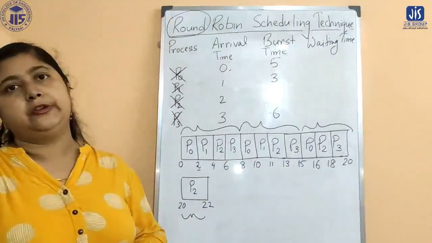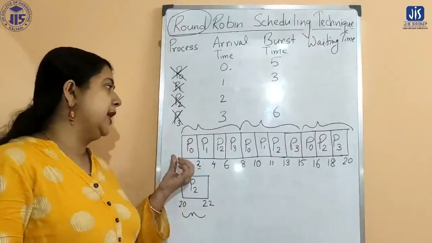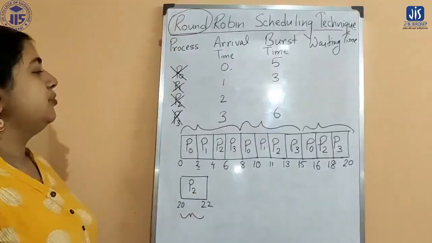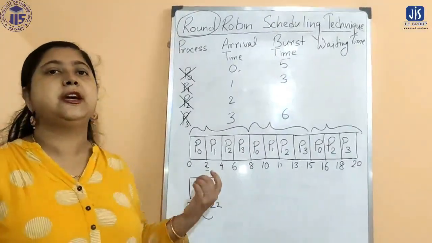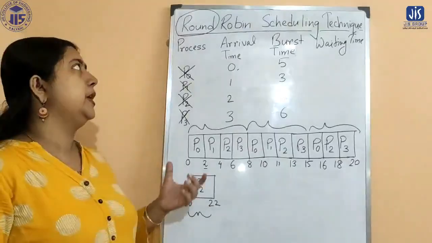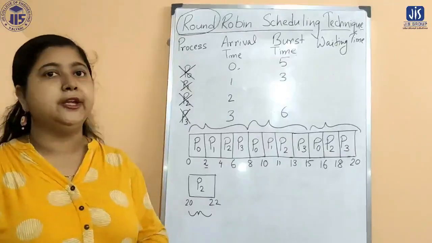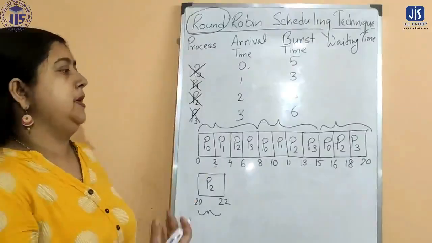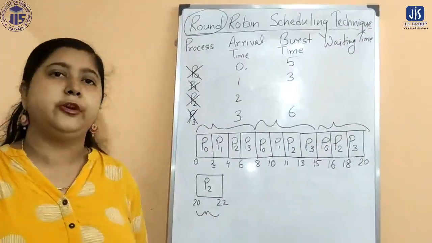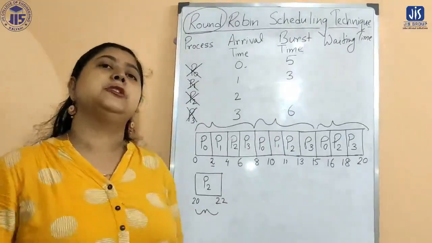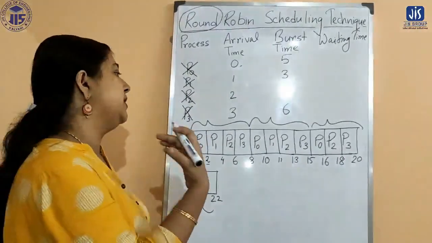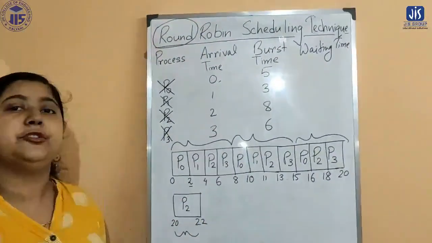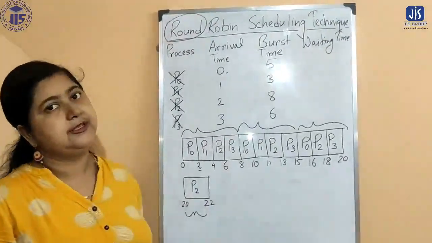So I am going to calculate it. For P0, what will be the waiting time? Now you can see multiple times P0 has been assigned in this chart. I have discussed in the previous class, whenever we follow a preemptive technique, this kind of situation may occur. This is very common, because a process has the processor for execution, and due to some reason the processor is deallocated. This is very common for round robin, because in round robin the processor is deallocated after the time slice expires.